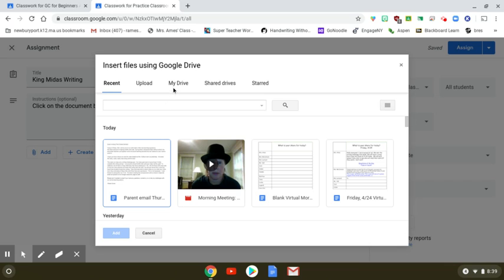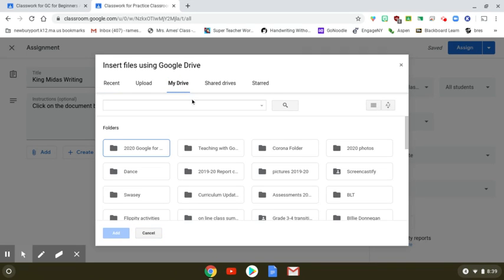I'm going to go to my drive, because the piece of paper, air quotes, piece of paper that I'm posting now is already located in my drive. So you might do recents, you might do drive. So if I go to my drive, now I know that that document is somewhere in my drive. You can open any of these folders. If I knew exactly what folder it was in, I could do that, but I think it's in writing, or it could be in Greek myths. But I'm going to write King Midas,